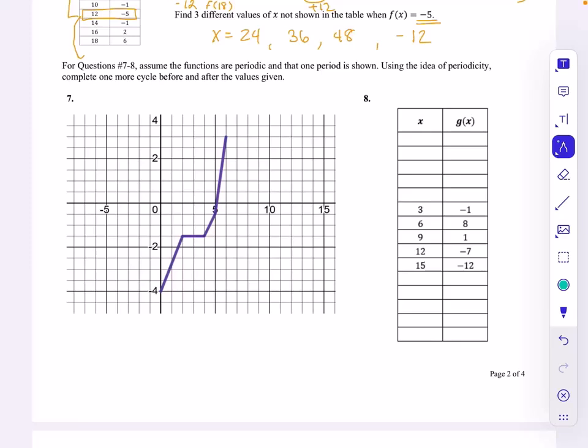In the next 4 problems, we're going to be sketching some periodic functions. Using what we know about the repetitions, we can create the future periods of a function. So on question 7, we're given 1 period, and we're asked to then create a cycle before and after the